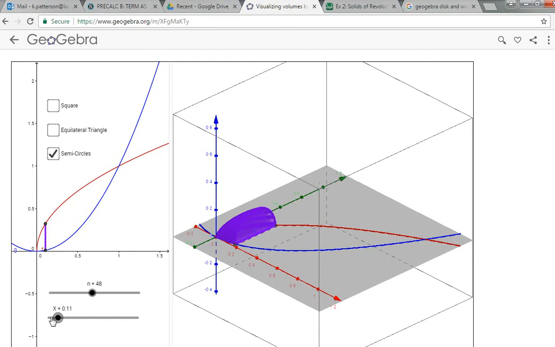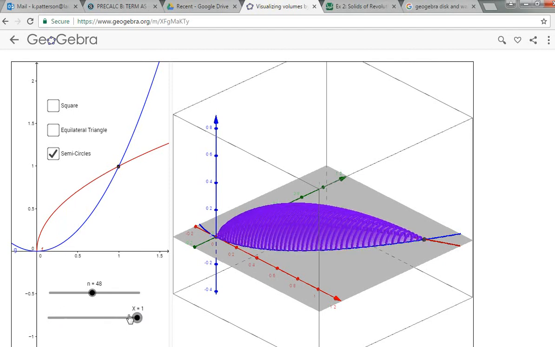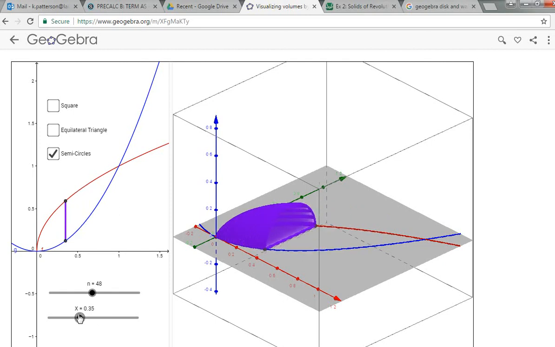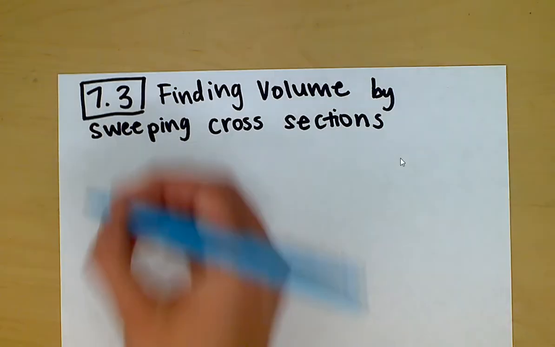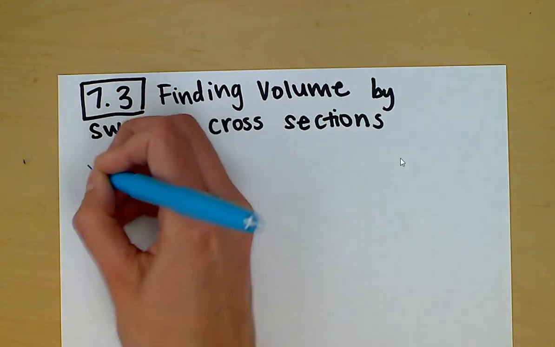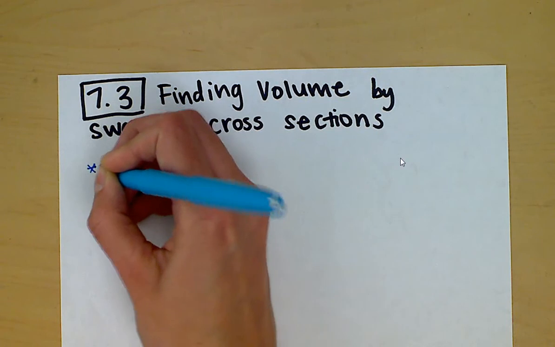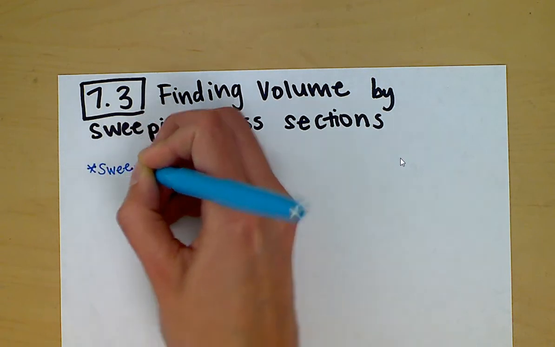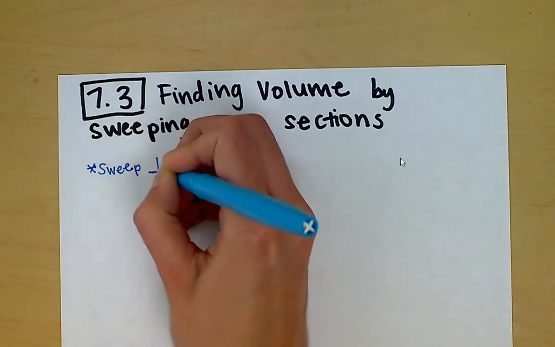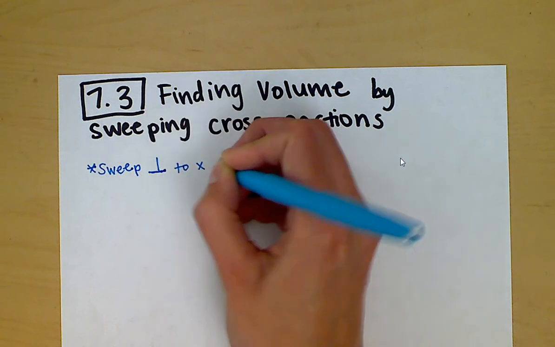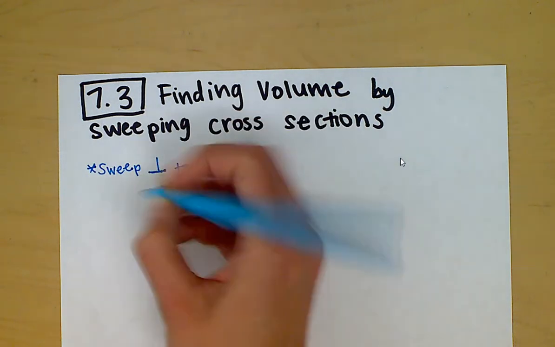So the semicircles that I add are being added as changes in x. So this is a dx problem because it's perpendicular to the x-axis. So our two different types of problems will depend on whether we're sweeping perpendicular to the x-axis, which means we have a dx problem,